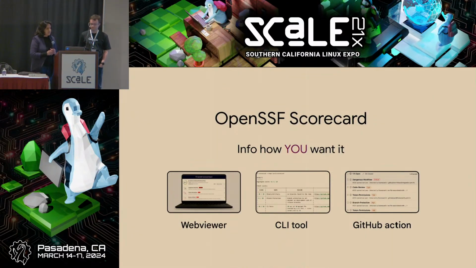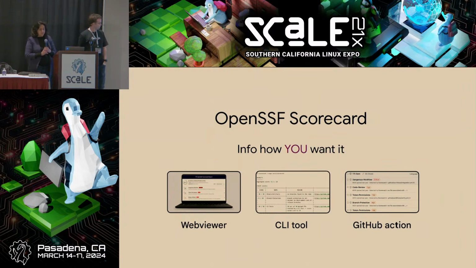Scorecard provides a ton of information for projects on GitHub and GitLab, with lots of ways to access it. Here are the 3 most useful ones for open source developers. You can use the Scorecard web viewer to look up scores for 1 million projects. The link for it is in the Scorecard repo on GitHub, toward the top of the README. If your project isn't included in the 1 million projects, you can run the Scorecard tool to get the scores. Again, instructions for those are also in the README.